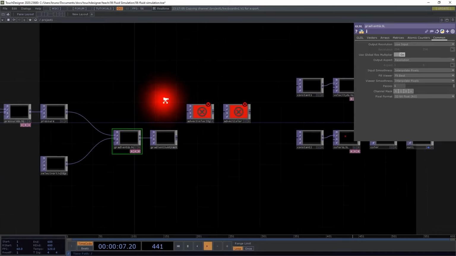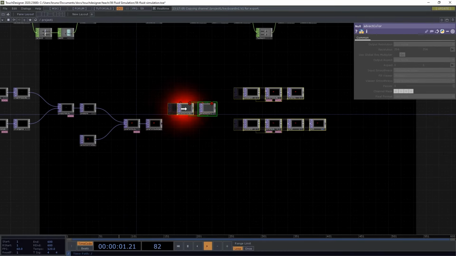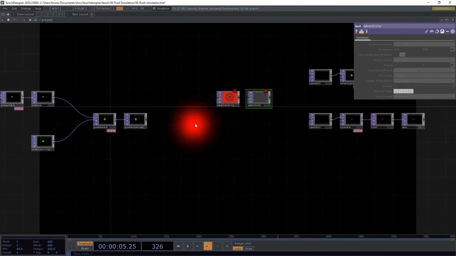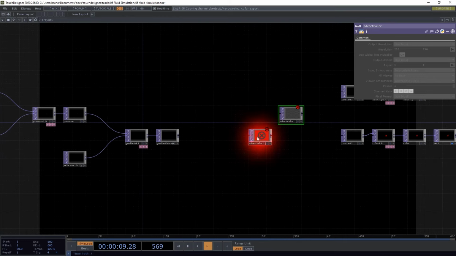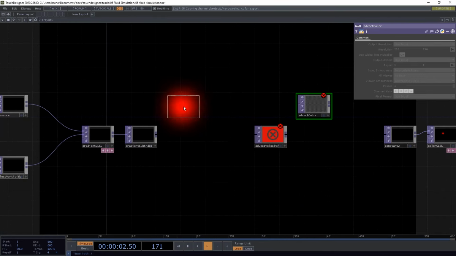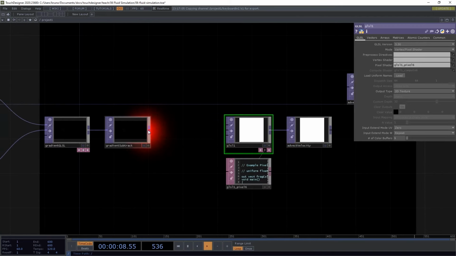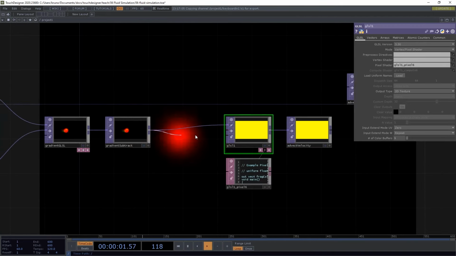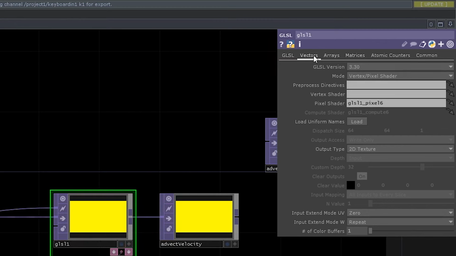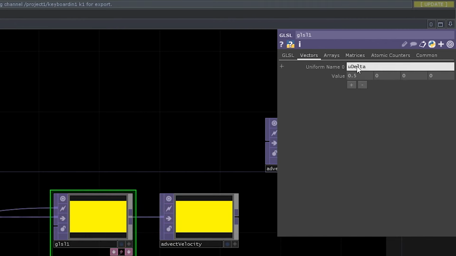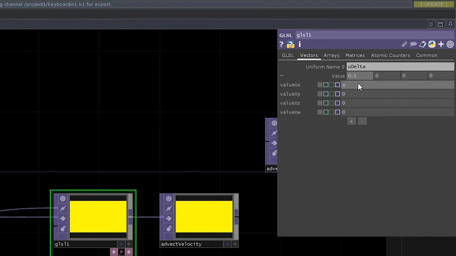Last shader, and we're going to use it twice. So insert another GLSL top and connect the gradient to both the first and the second input. We need 2 uniforms again. U delta, which we already know is abs time dot step seconds,